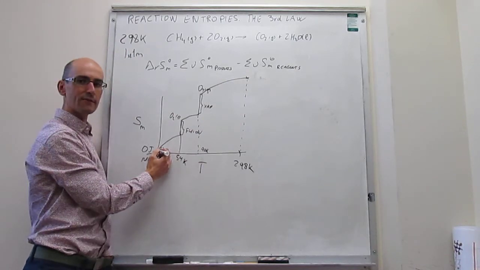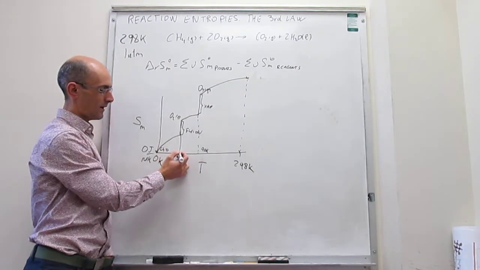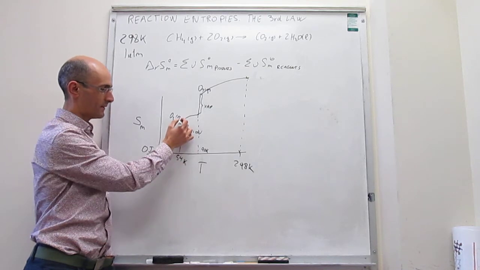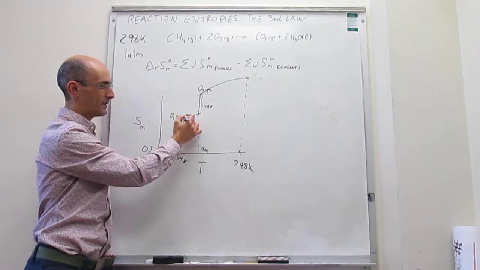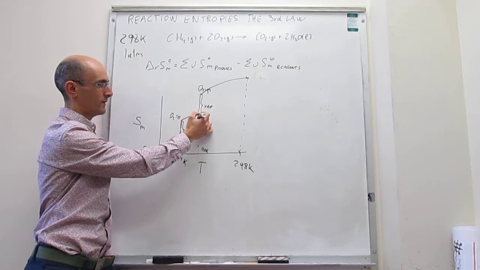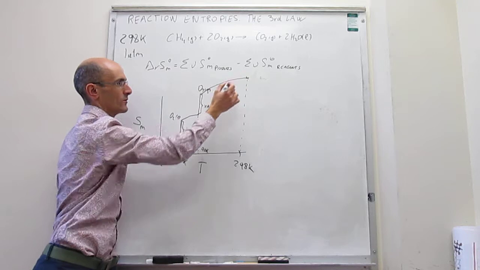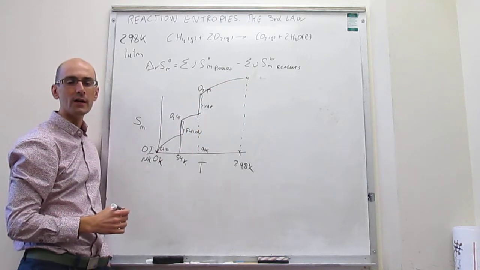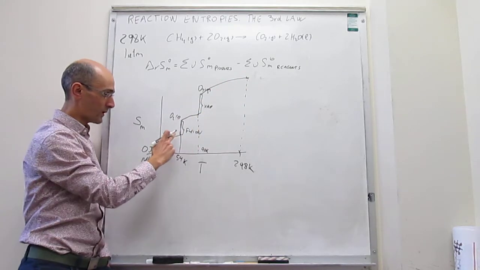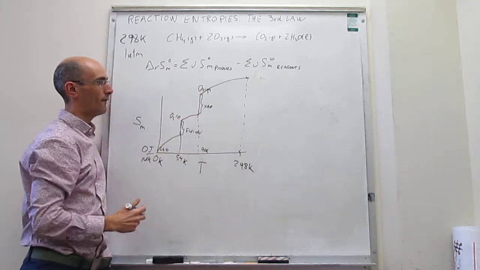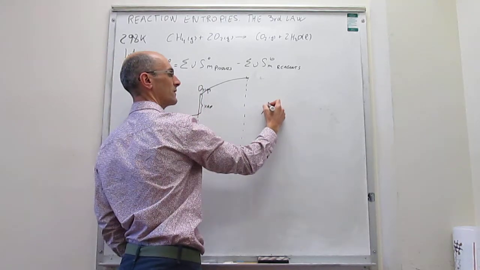First, heat the solid from 0 Kelvin to the melting point. Then melt the solid into the liquid, heat the liquid from the melting point to the boiling point, vaporize that liquid, and then heat the resulting gas until you get to the temperature that you want. Okay, so because we know how to calculate this for any substance, notice that when heating and cooling, the change